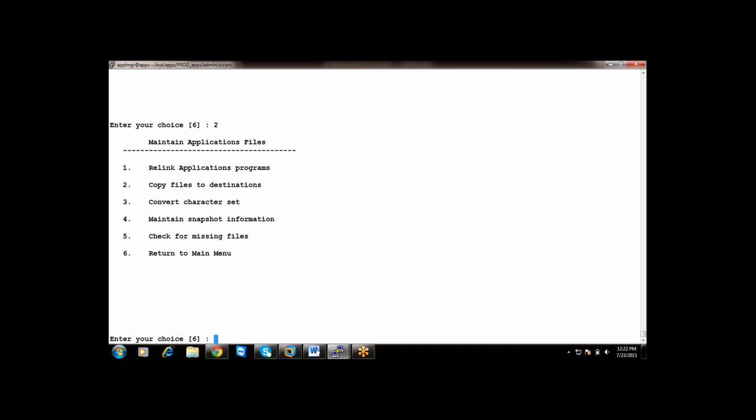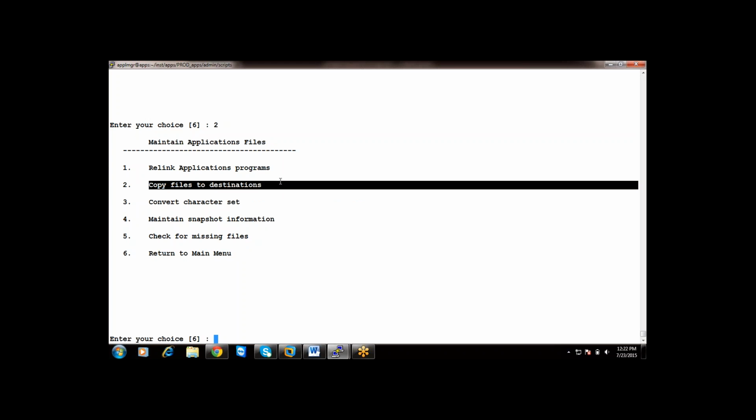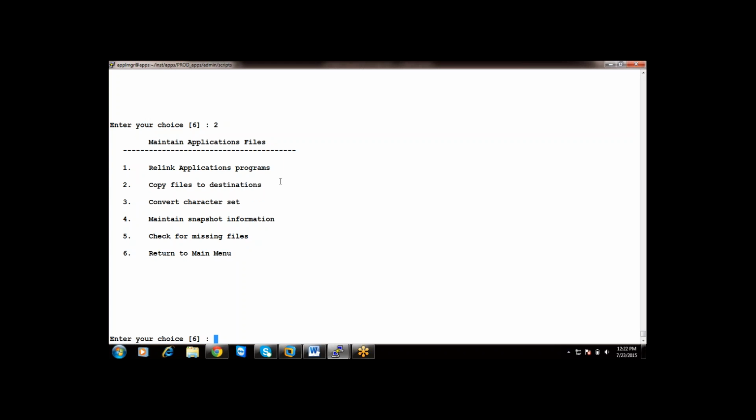Is that correct, Santosh? Yes. If it is required, AD patch will internally call AD admin and run the second option. How does it know that it is required? That is the coding in AD patch. That is internal level coding in AD patch, and we are not related to that.